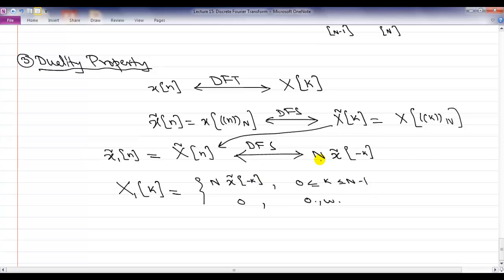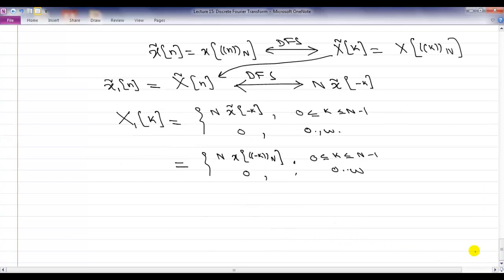So I simply take these discrete Fourier series coefficients and write them as my DFT coefficients. And now I plug in the x tilde of minus k value. So x tilde of minus k is simply x of minus k mod N, for k between 0 and N minus 1, and 0 otherwise. Okay. So based upon this relationship,